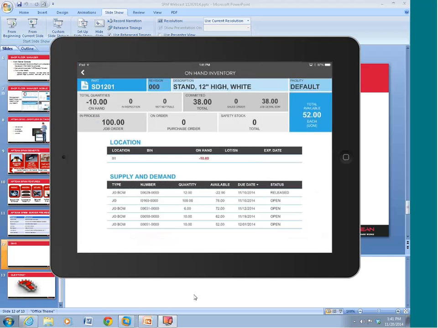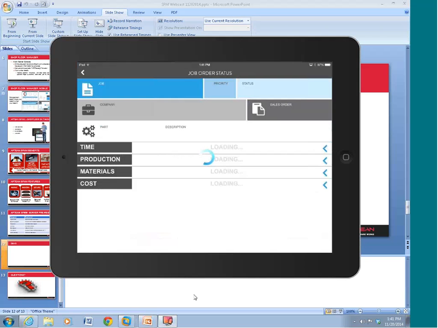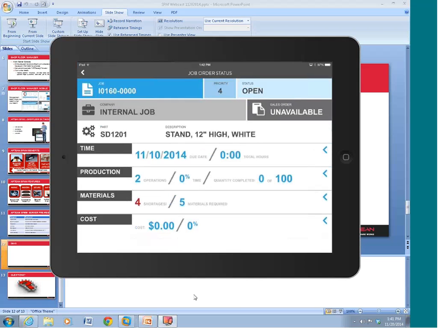So you can see down in the supply and demand, JO BOM means this is being consumed on a job. A JO means that it's a supply. And if I wanted to see the status of that particular job to know when I could expect it, I can hyperlink to get to that. Great view to show me that there's 2 operations needed on production of this. We put 0 time against it. We've completed 0 of 100. And seeing that there's 4 shortages on material, I probably better not